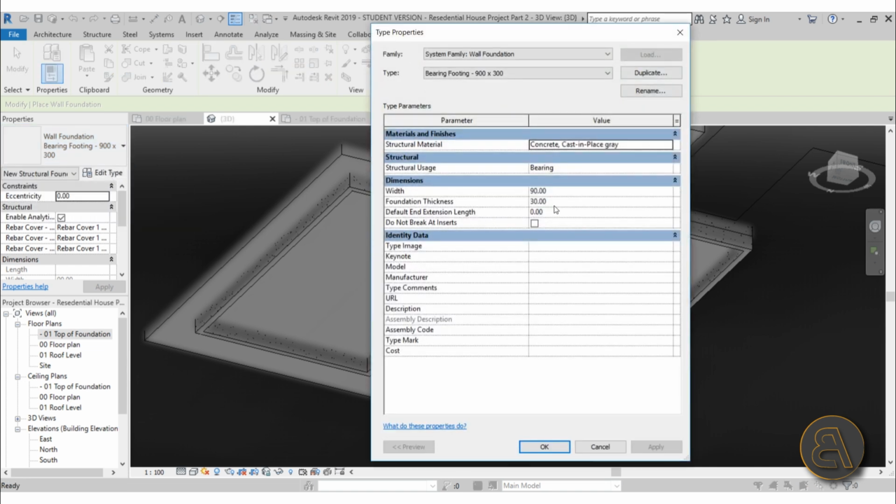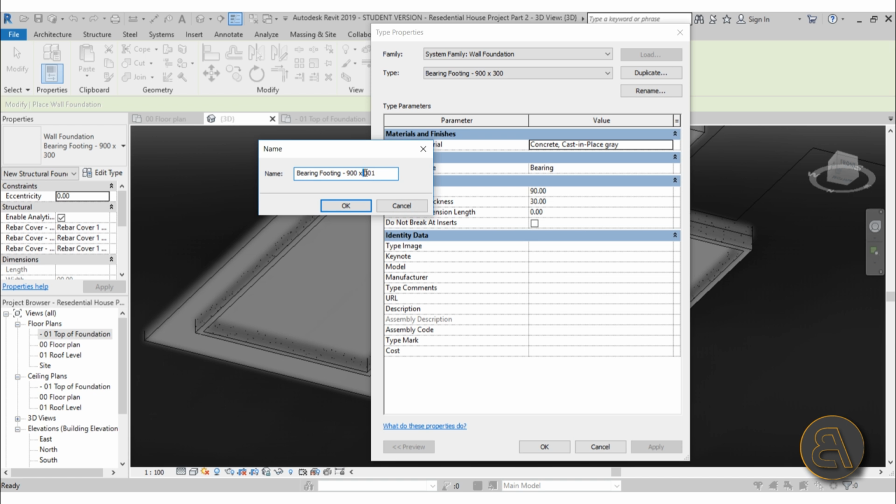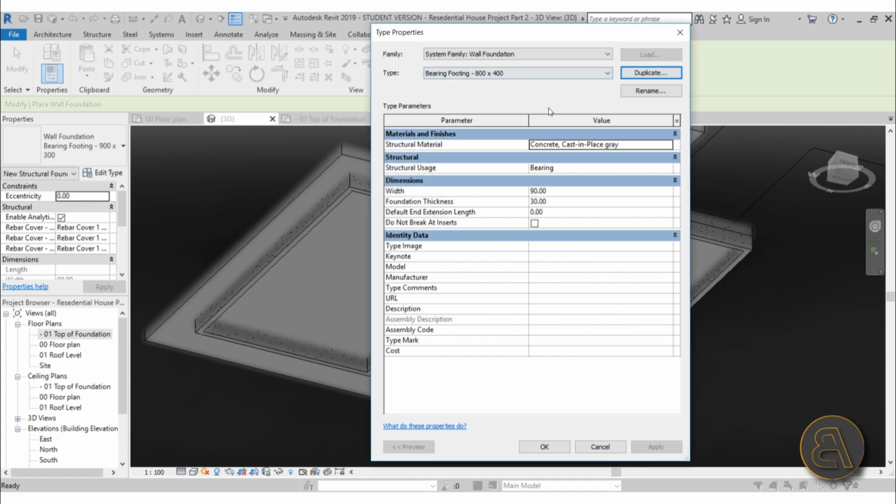Let's go into edit type just to see what we have. So the width is 90 centimeters and the thickness is 30. I'm just going to up the thickness, so let's duplicate this one and do one at 40 for thickness, or 400 millimeters. And for the actual width, I can go with maybe 80 or 800 millimeters. Okay, with this one, let's drop this down to 80 and this one to 40. This is just a generic footing that we use in our country for most of these